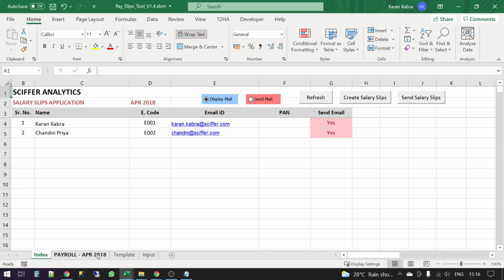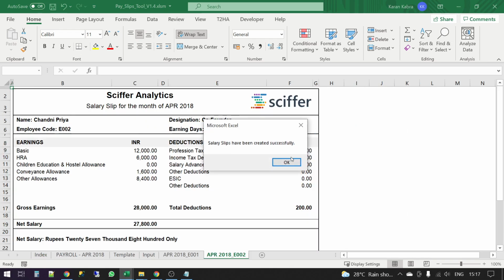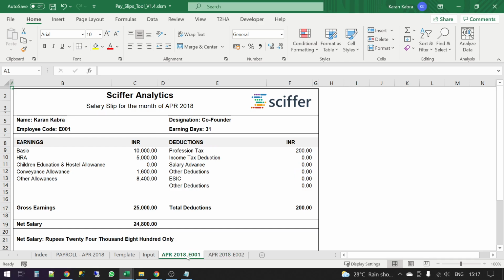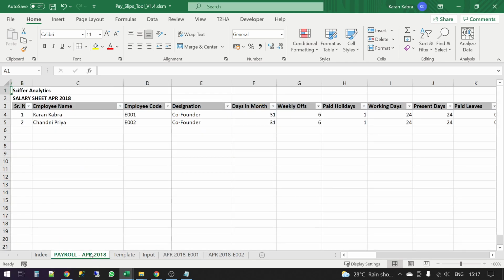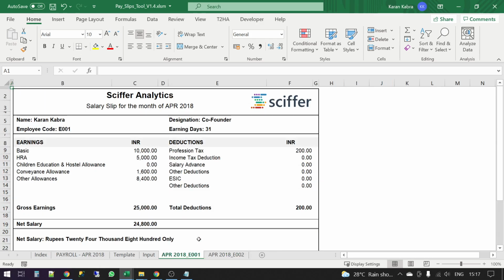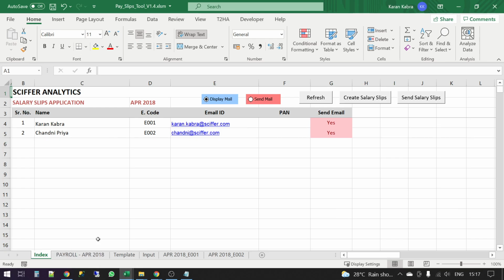So you can see that there are 4 sheets here, right? If I hit this, you can see it has created 2 separate sheets, one with my name, one with Channi's name. So what we've done is we've automated this process. It has read these 2 lines here, and it has created these 2 sheets here. But obviously you cannot email the Excel sheet to somebody. You have to convert that to a PDF and then send an email. So that part of the code is also written here.